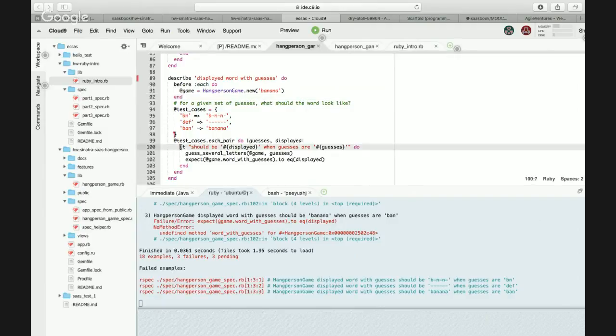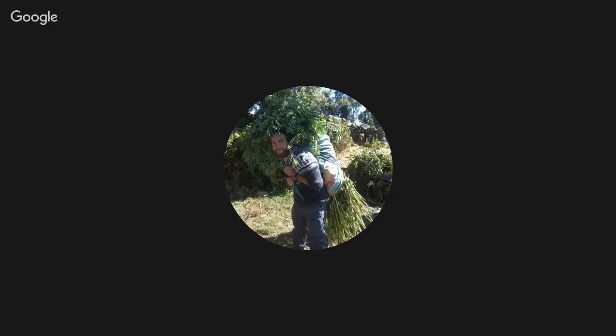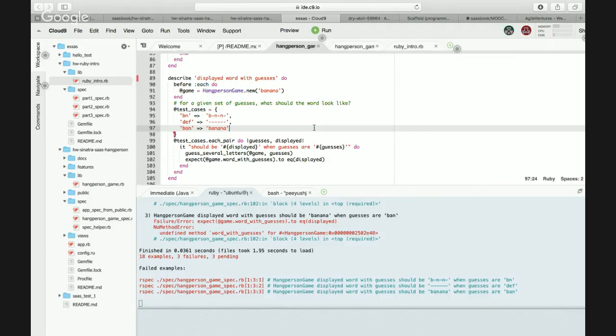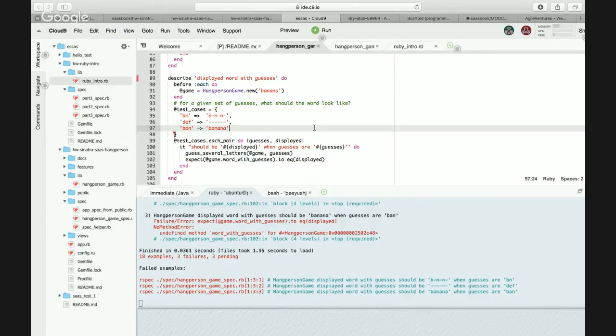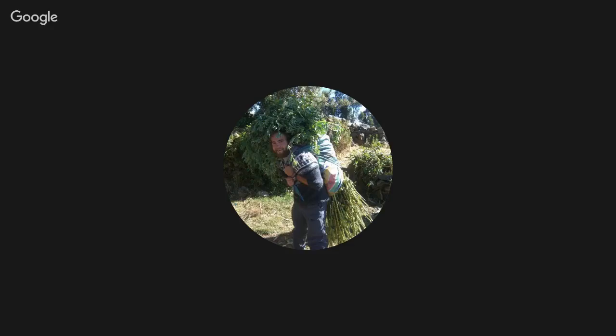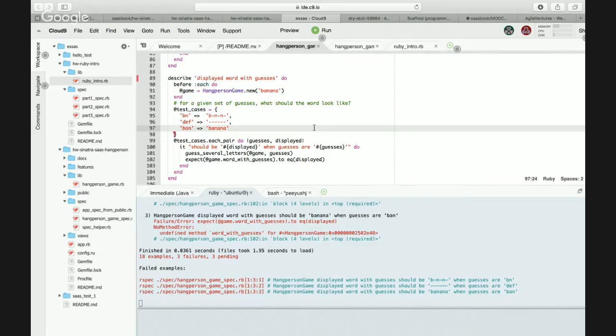So I'm actually not understanding from line 100. Okay, let me see how to explain it. Let's say you see the first key value pair in the test cases hash. Yes, that is b and b dash n dash n dash. Well, but the key is b and n, right? Just b, yeah, n. Yeah, just b.